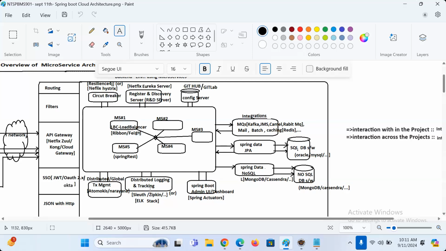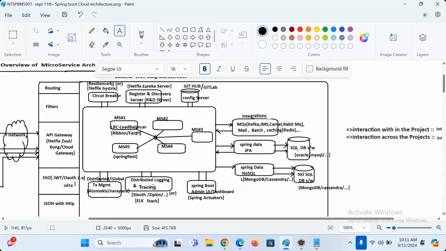Distributed logging and tracing. Sleuth, Zipkin, ELK stack, guys.